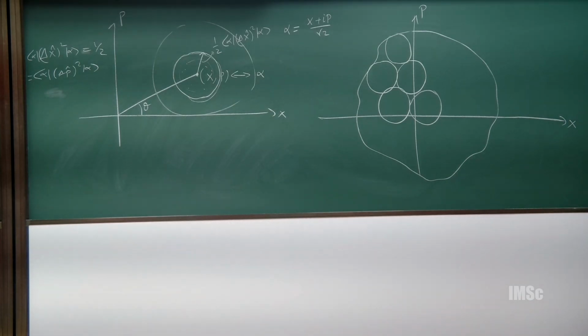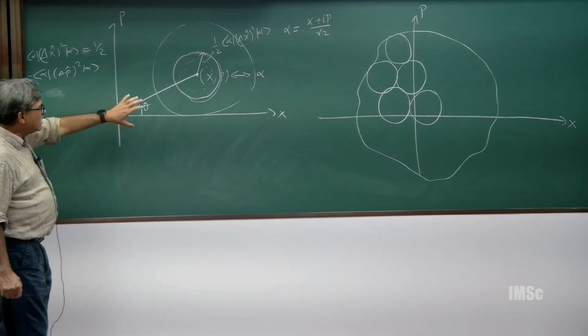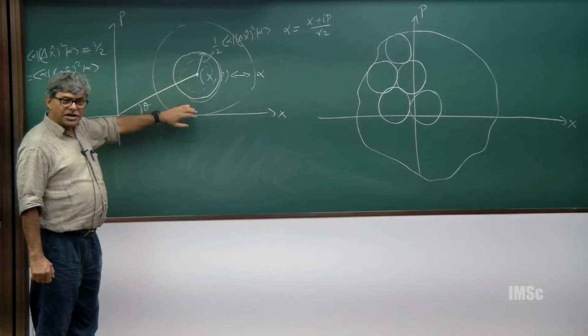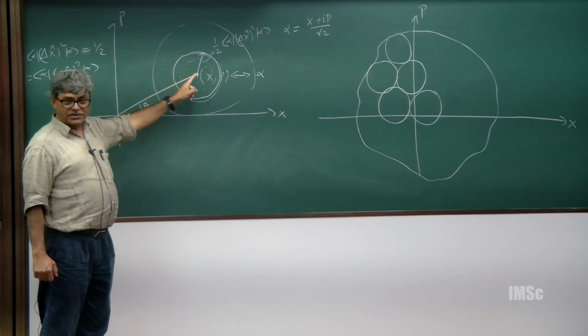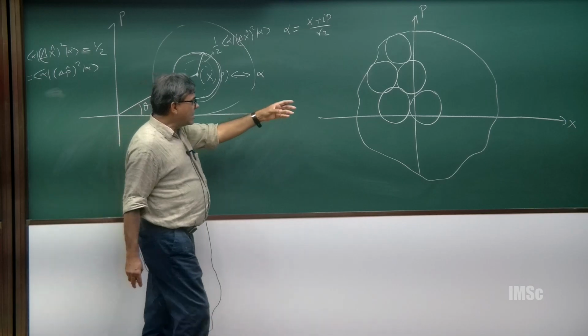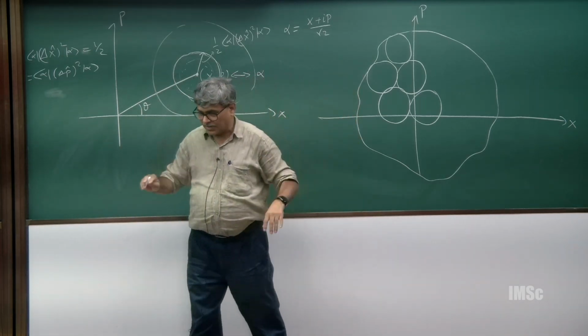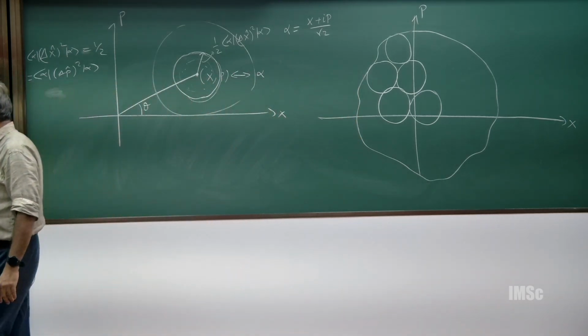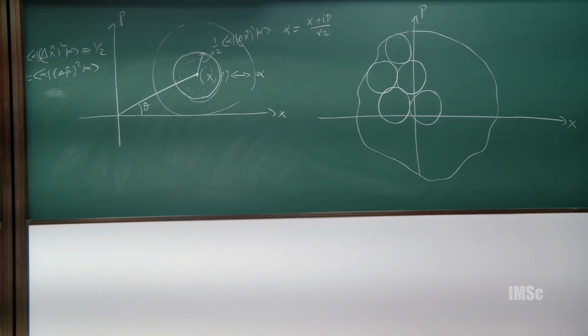Why is it possible? As I said, because if you have two non overlapping uncertainty areas, you can identify with each of them a coherent state. I mean, if you consider overlapping, then things will become difficult. Okay. So, this